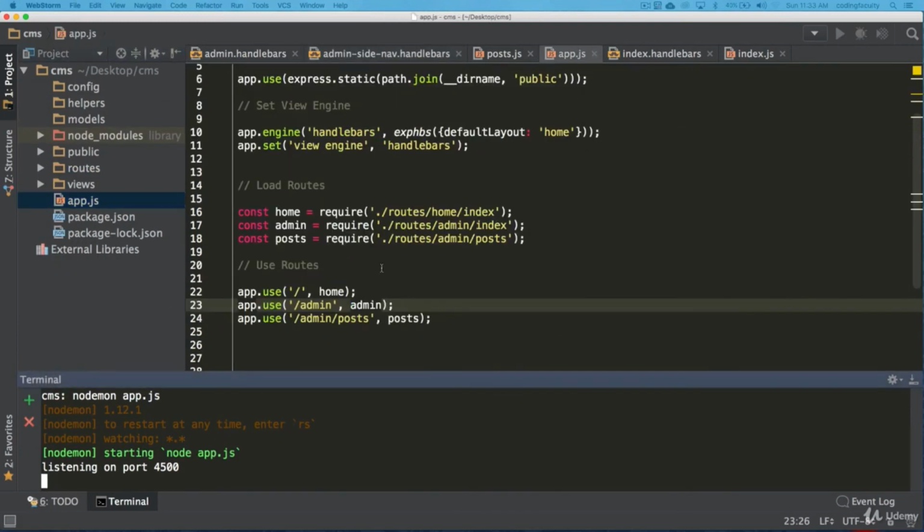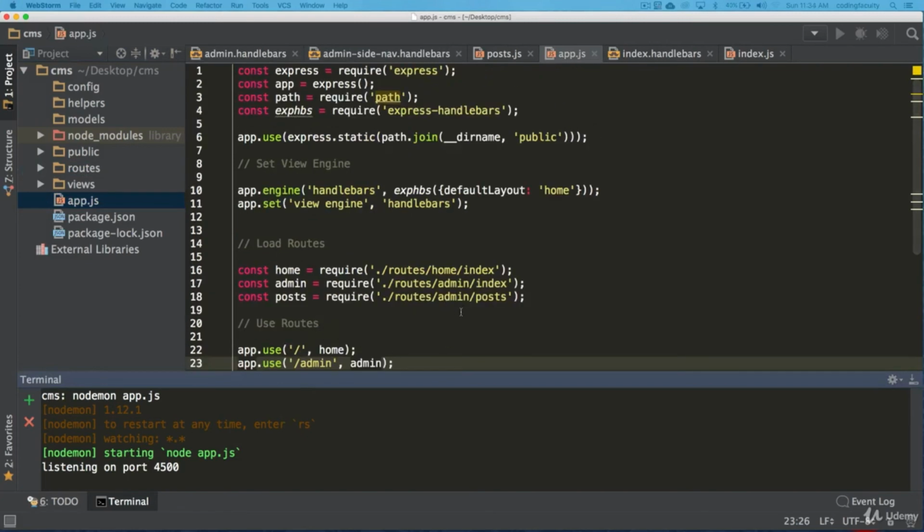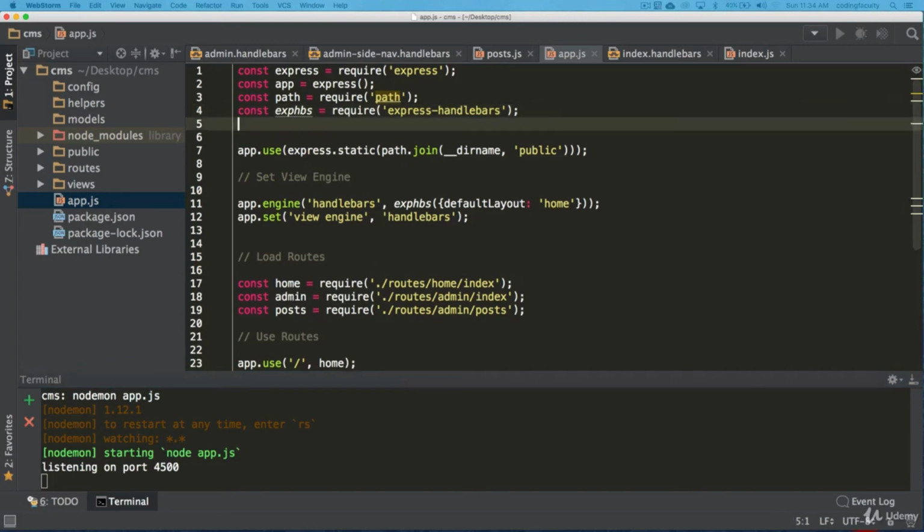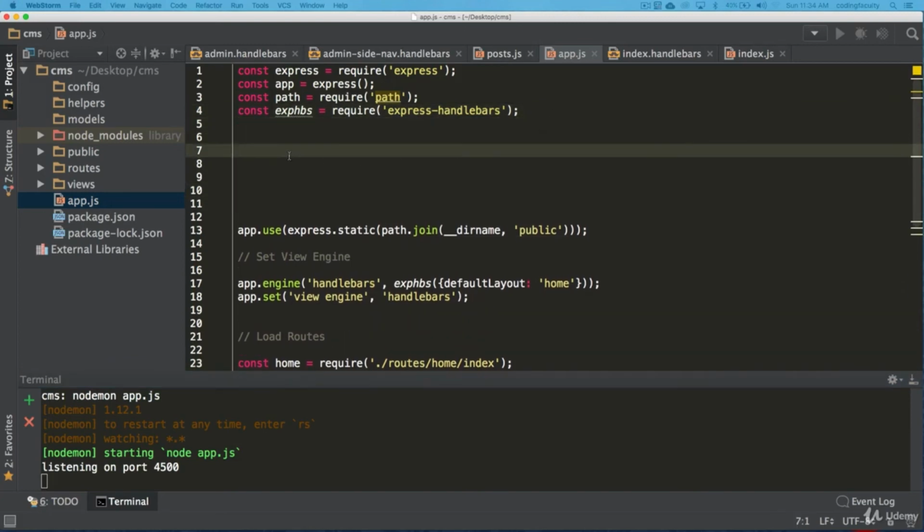Let's go here somewhere. Where can we put this database? I like to have my database on top, to be honest with you, like right here on top somewhere. And I'm going to be using Mongoose for this.